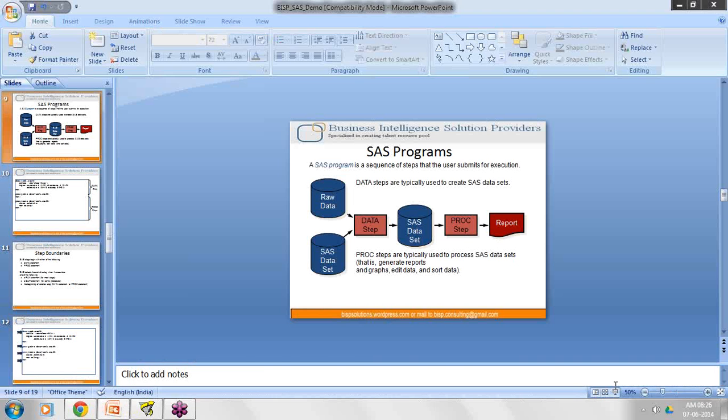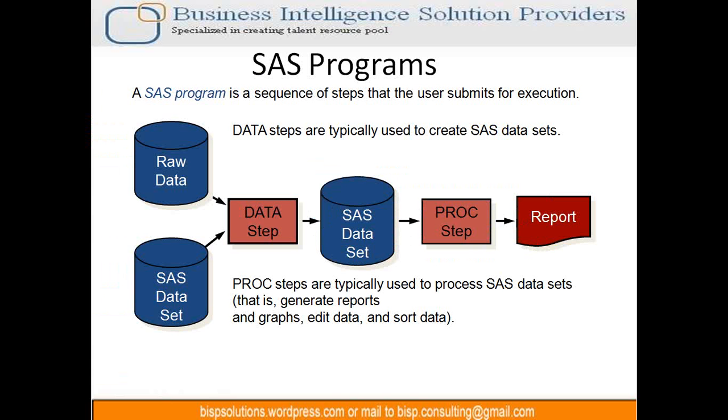As I told you, SAS software can perform many activities. If I want to perform any kind of activity, I have to write a program. This language I can call the SAS programming language, a fourth generation language. Broadly, a SAS program is a sequence of steps. The user can submit their own designed program, and once submitted, it executes and returns the results of these operations.